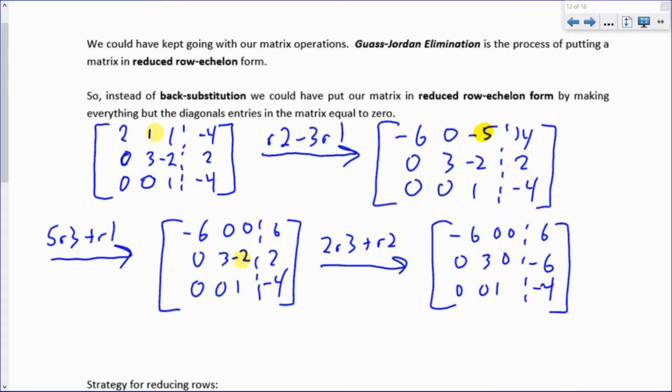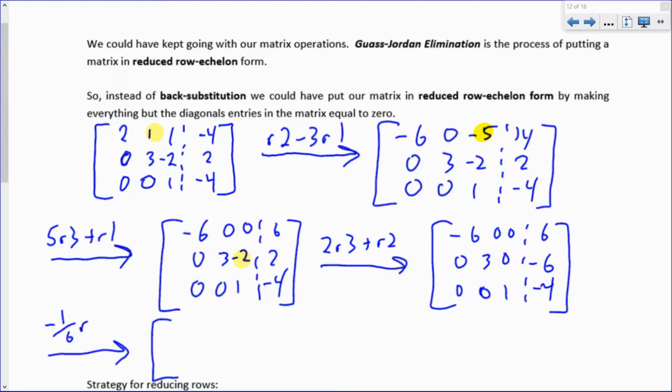And finally, there's one last thing I'm going to do here. I'm going to now make the diagonal numbers I have here, -6, 3, 1, I'm going to make them all into 1s. So this is already a 1, but I'm going to change row 1 and row 2. So I'm going to do